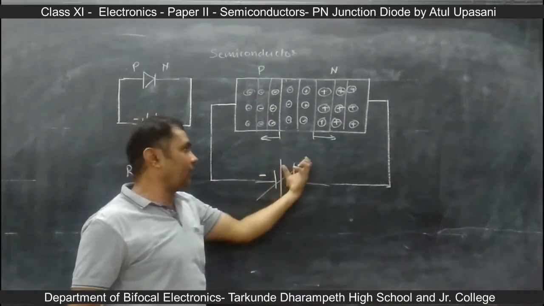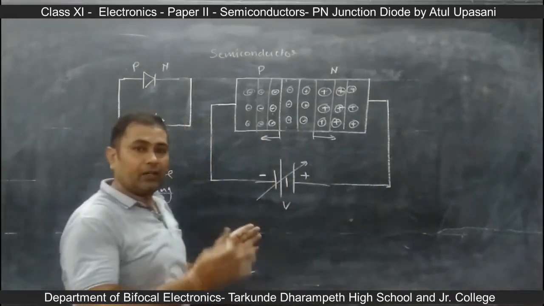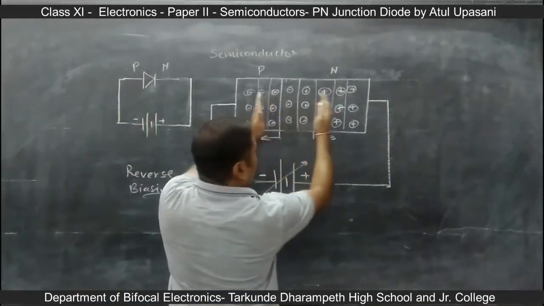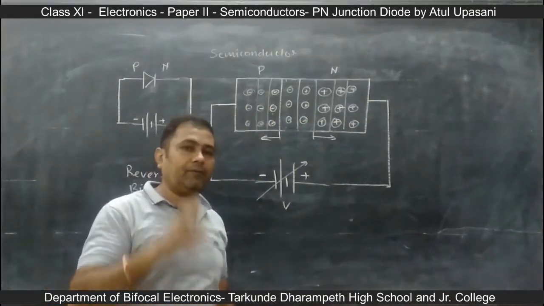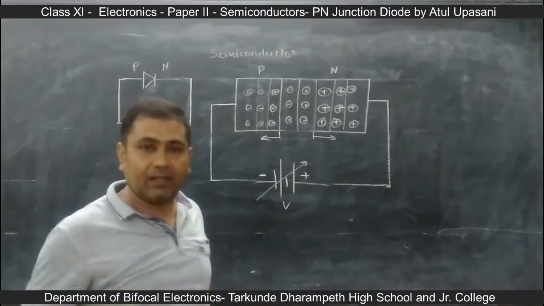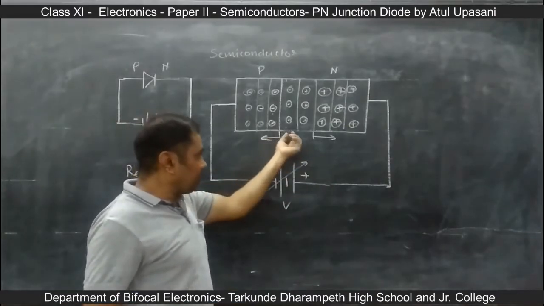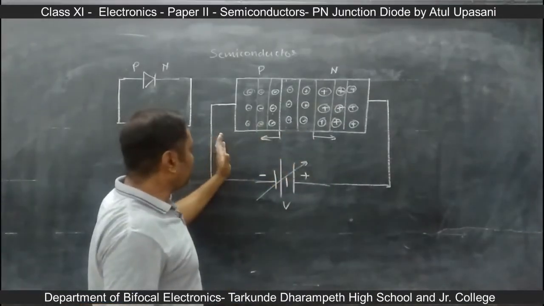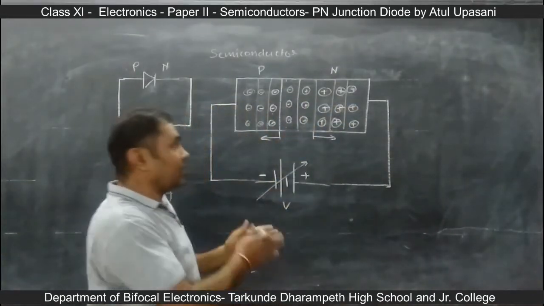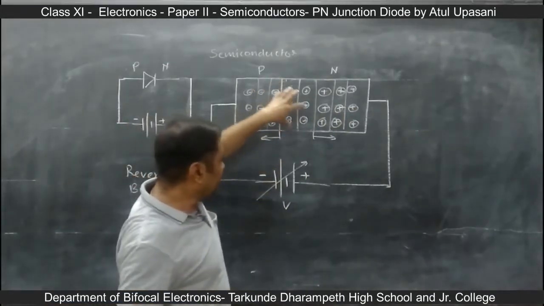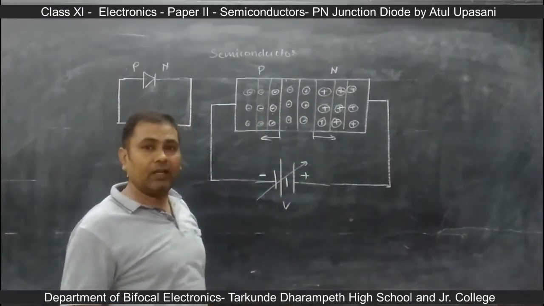But after application of reverse voltage, what is happening? The number of ion pairs keeps increasing, so the depletion layer is getting wider and wider. In the depletion layer there is a formation of ions, and if ions are there, they form a resistance. So if reverse voltage is applied, junction resistance increases. There is no flow of current through the diode, and if the voltage is increased further, the resistance increases. These ions will resist the current, so the junction resistance is increasing.